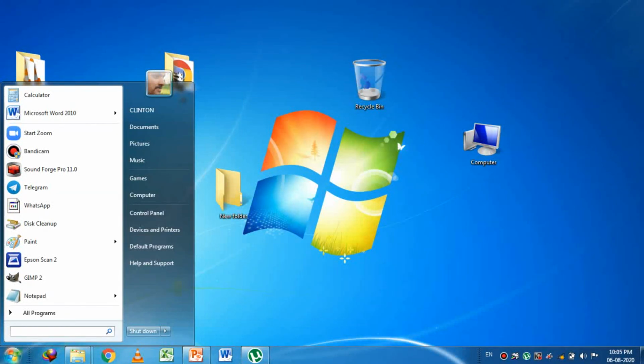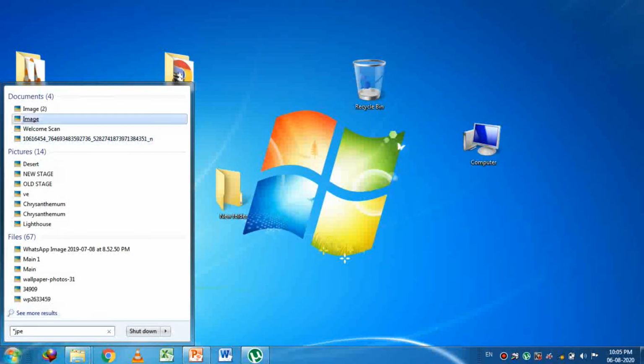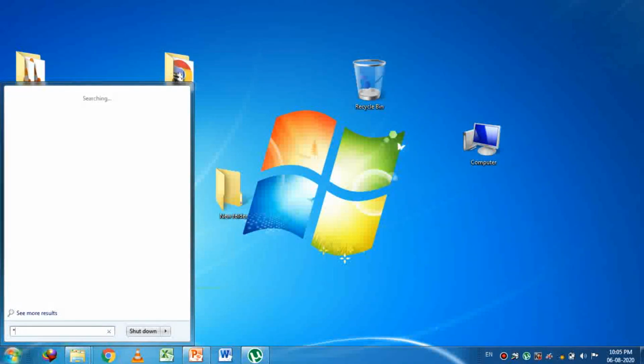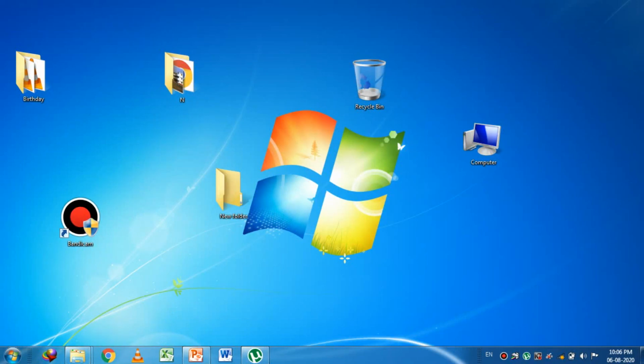If you want to search image files, star.jpeg, whatever is related to JPEG files, everything will be shown here. Next I want to search document files, star.doc. Everything related to document files will be shown. This is how you can search files, that much only. If you are not understanding, watch it again slowly, then you will understand. If you have the computer, follow the steps I have done, and you will understand very easily and very quickly.